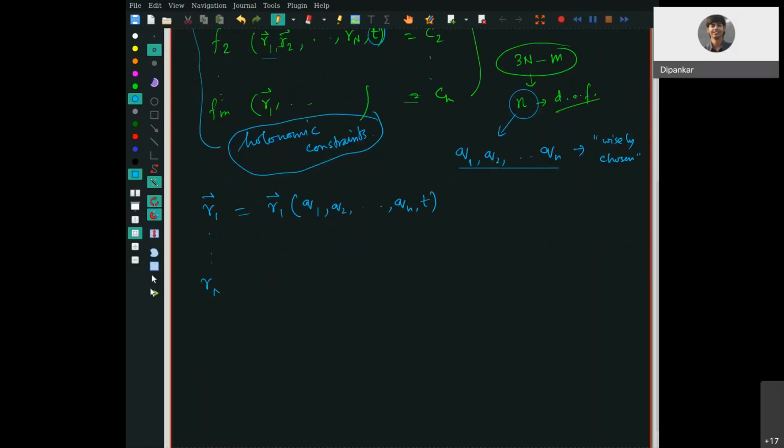And say Rn is also a function of Q1, Q2, up to Qn, and G. Now I can express that. So if I can express that such that, I already told you that these are wisely chosen. So what do I mean by that? Wisely chosen, so such that